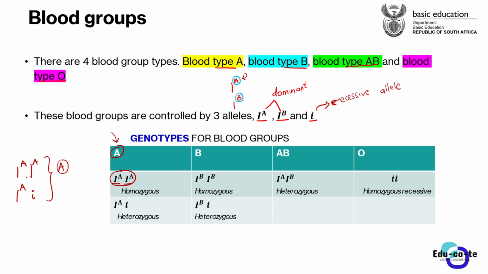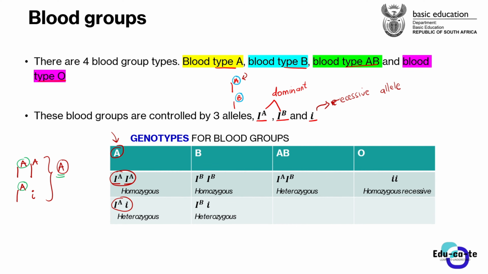So blood group A can have one of these genotypes. It can be either homozygous or heterozygous. When you say it is heterozygous, it just means that we've got one dominant allele and one recessive allele. But this is still defining blood type A because there is this allele that has got an exponent of A on it. So this tells us that this is associated with blood type A. It depends on which case you have, either homozygous or heterozygous, but all of them symbolize blood type A.